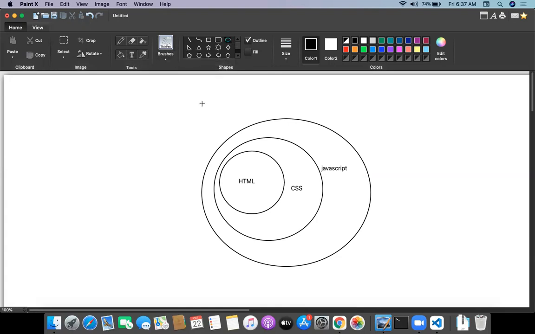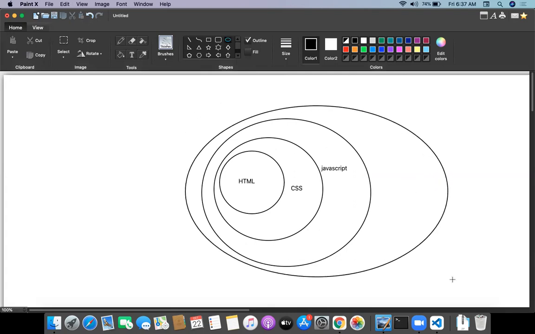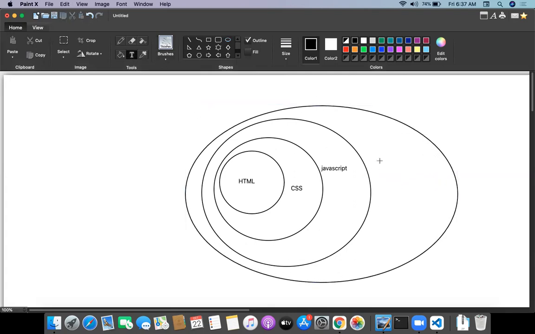And one more thing is, on top of this, we will be having jQuery, Bootstrap, React.js. So why I'm telling all these things, we are going to be learning all the things step by step. First, we learned HTML. We are already done with HTML, and now we are moving to CSS, and CSS will complete in 2 to 3 days. Then after that, we are moving to the JavaScript. JavaScript is a bit lengthy. We have to learn a lot of concepts in the JavaScript. Then we will move to jQuery, Bootstrap, React.